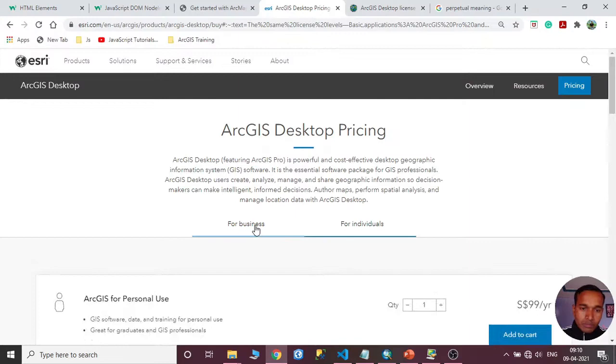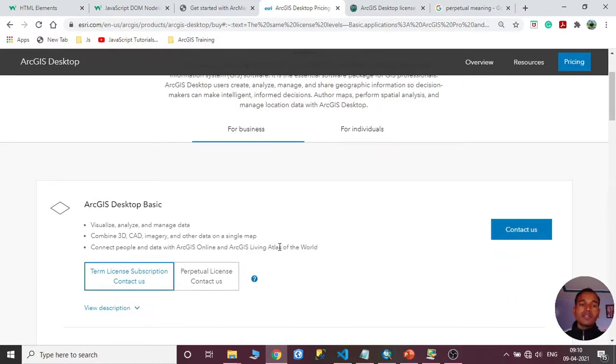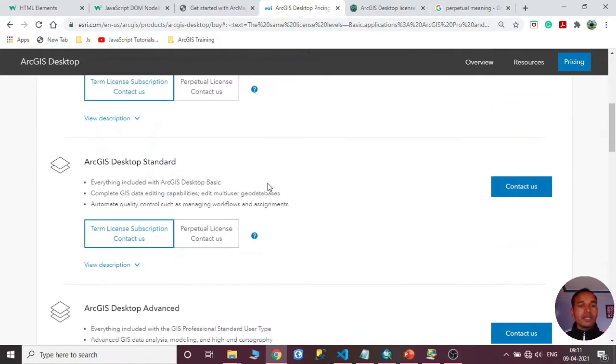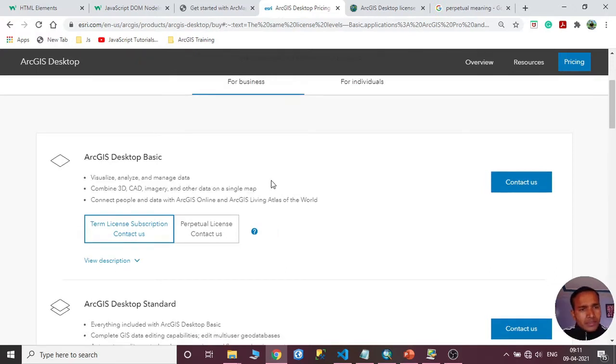If we talk about the business, there are three different license levels. One is ArcGIS Desktop Basic, the other one is ArcGIS Desktop Standard, and the third one is ArcGIS Desktop Advanced. What are the differences between these license levels? There are different functionalities added to it, and many different tools are added to it, and these license levels come with two types of subscription.